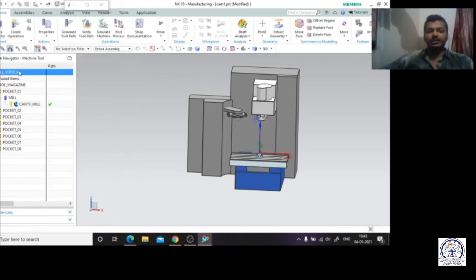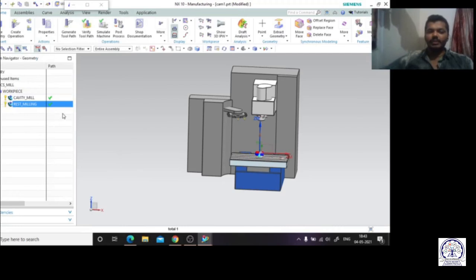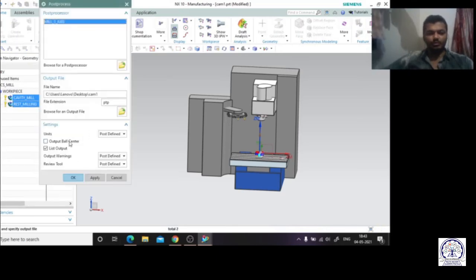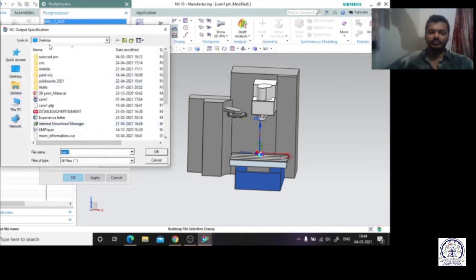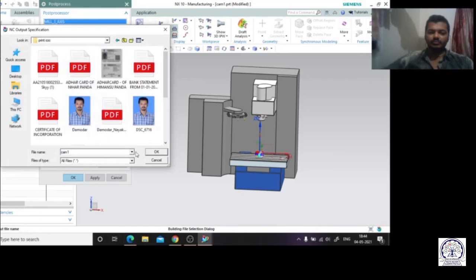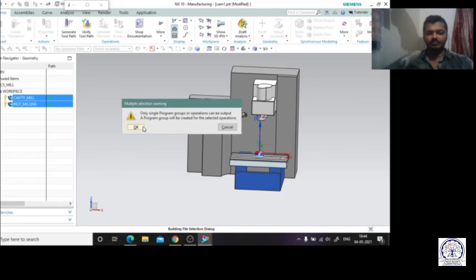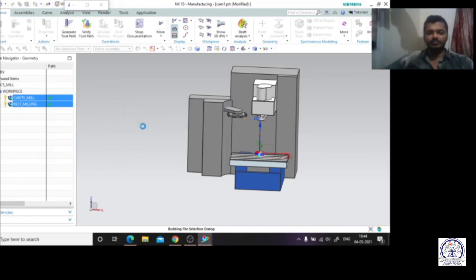Now it's time to generate the CNC code. So here I can select both of them. I am going for the post process. So in the post process we can get, okay, so here I have saved it and I am going to open it. Okay, so right now we are going to get the CNC code. So how the CNC code is being written, all of you can see right now, and what type of CNC code we are now getting, also you can see that.